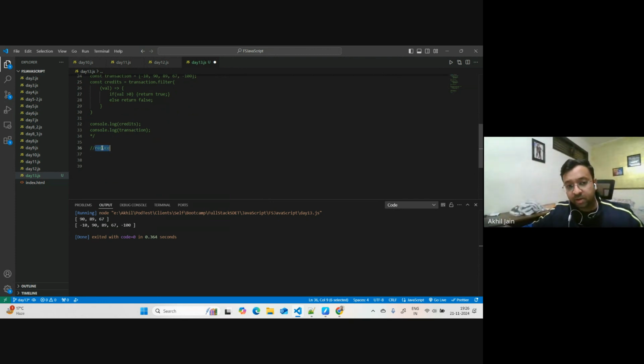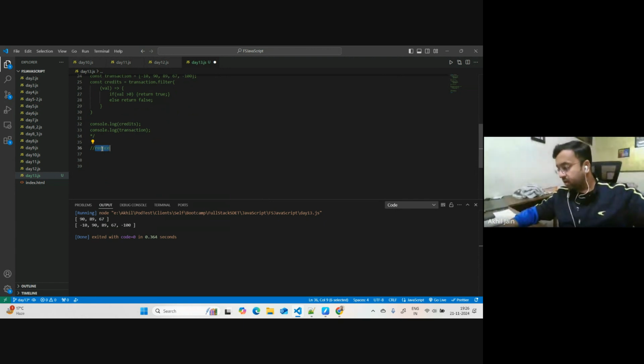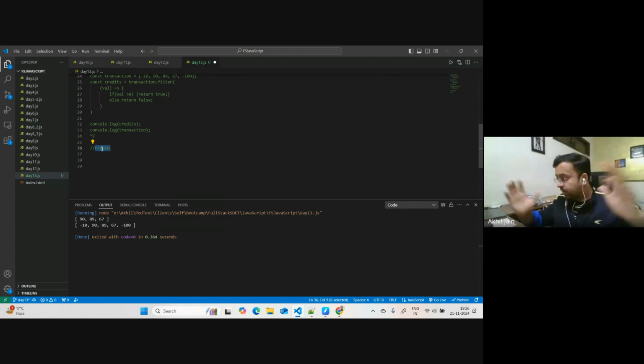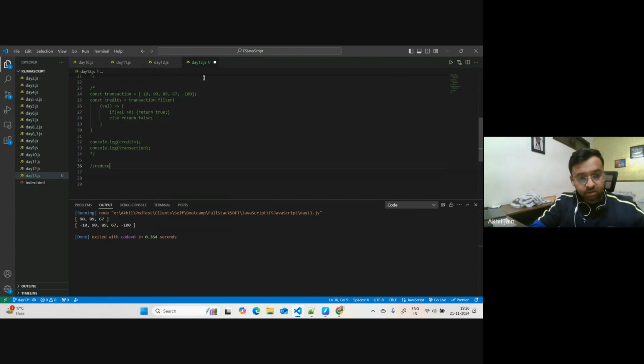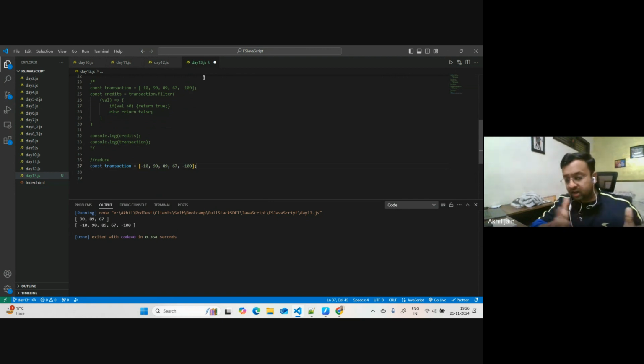First of all, the reduce method. As the name says, reduce. You are getting an array as input, all the input from the array. Let's say this array. These are the transaction amounts which have happened in my account. So I spent 10 rupees, I earned 90 rupees, I earned 89, I earned 67, and I also spent